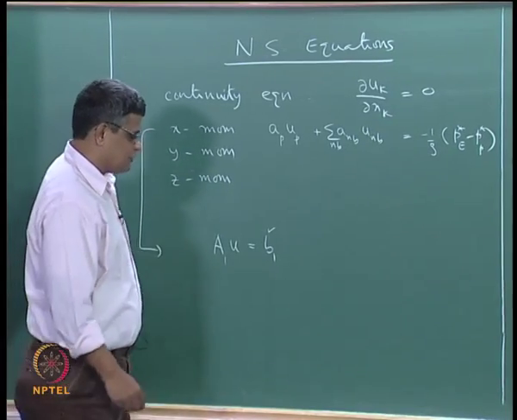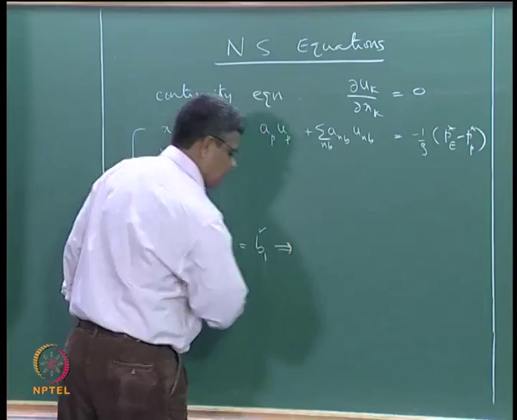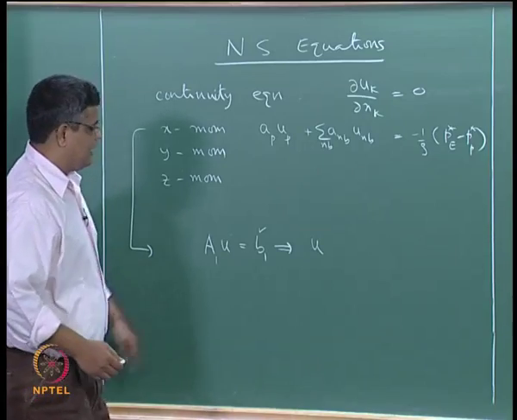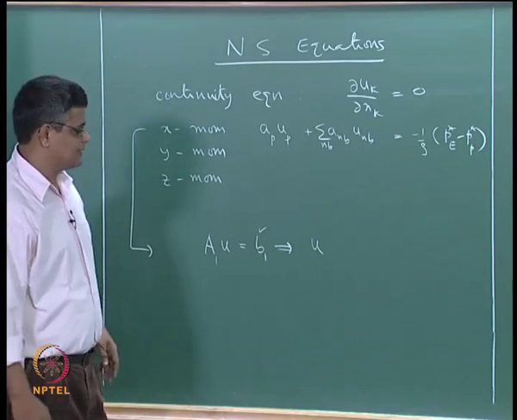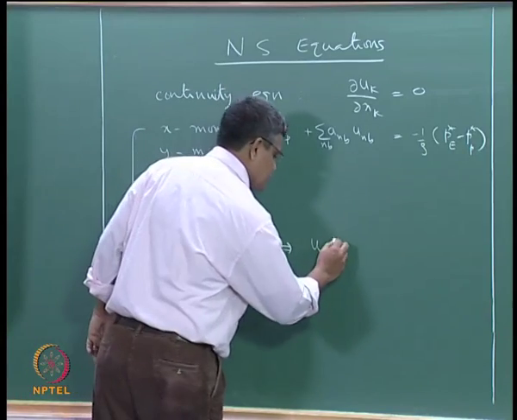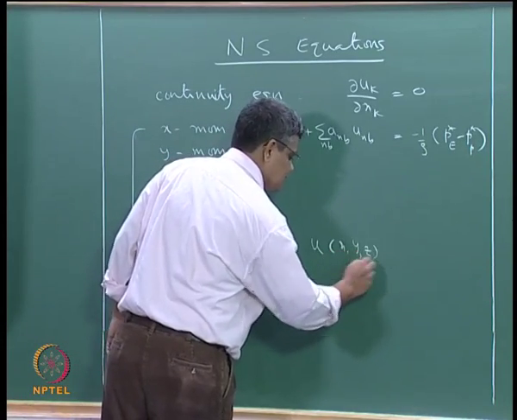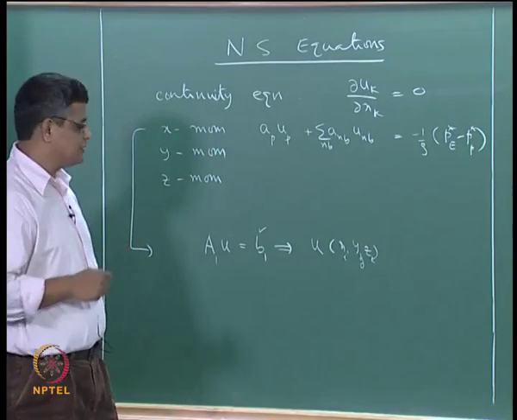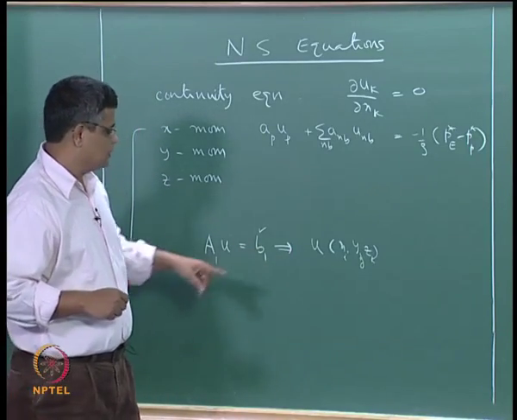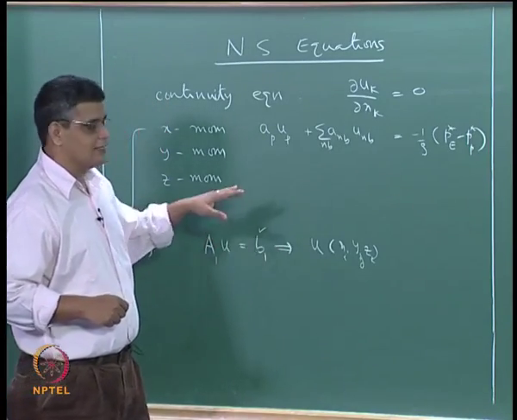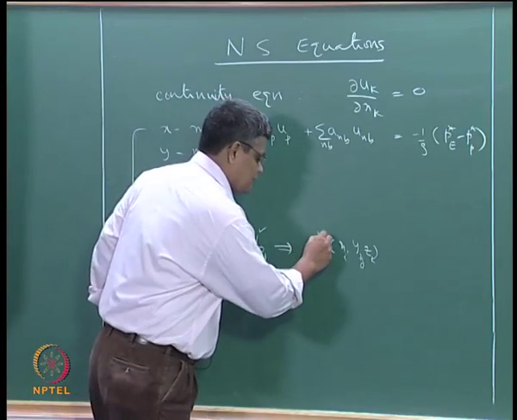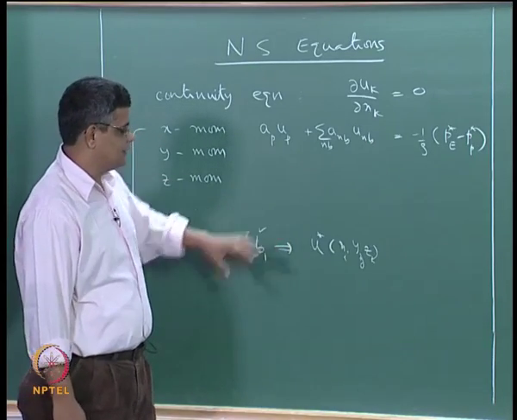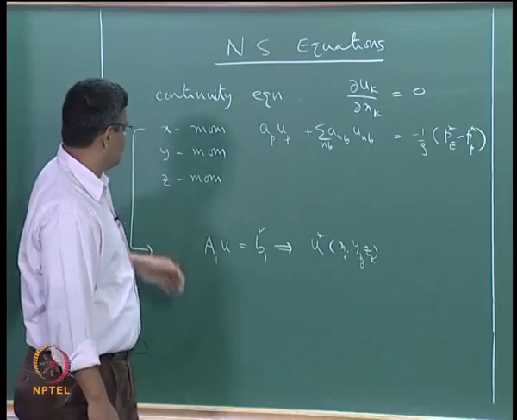Okay, so now we are in a position to solve this, and when we solve this we get u at all the points at which we have applied this formula here, this template here. So we know u as a function of x, y and z, or xi, yj and zk at those discrete points at which u is going to be evaluated. Now this u is evaluated based on a guessed pressure field, so we call this u star. This is not a fully correct one because this has had some guess values of pressure and also guess values